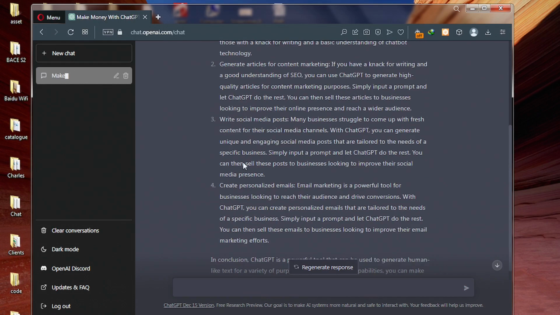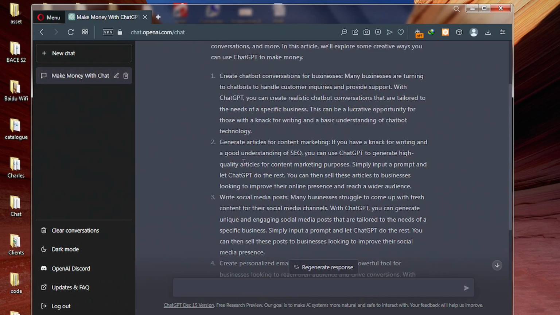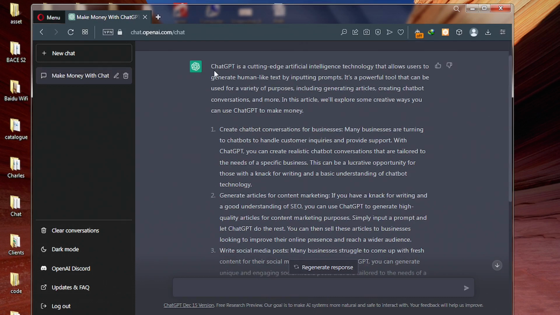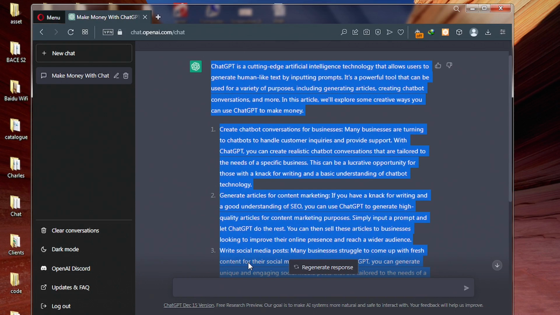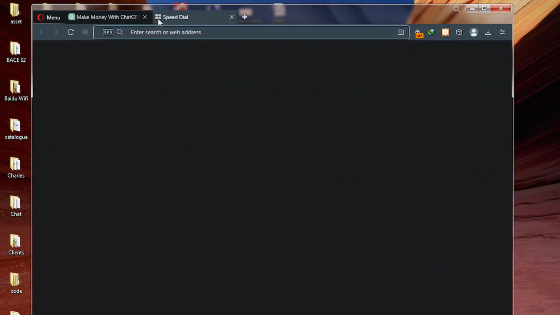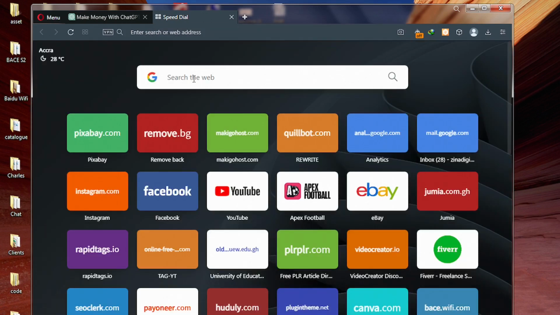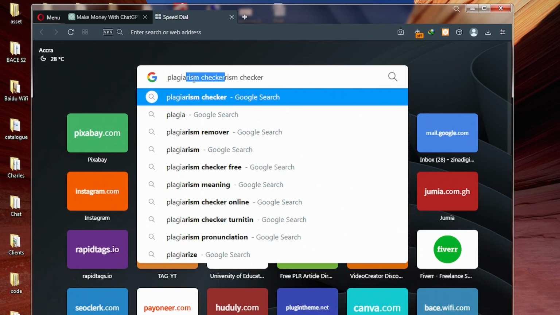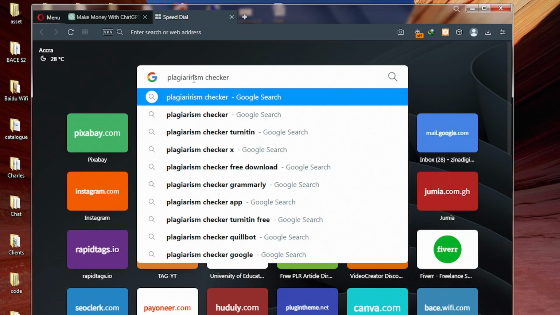Now all we need to do is to copy this article, and of course you need to add your own voice to it. So just copy this article and then we go to Google and then we type plagiarism checker.